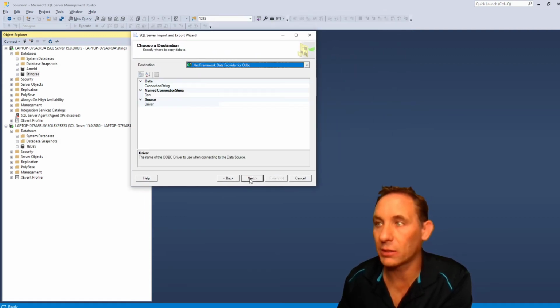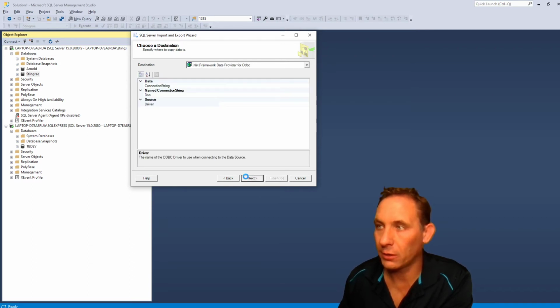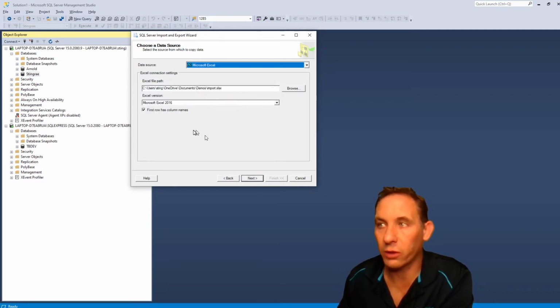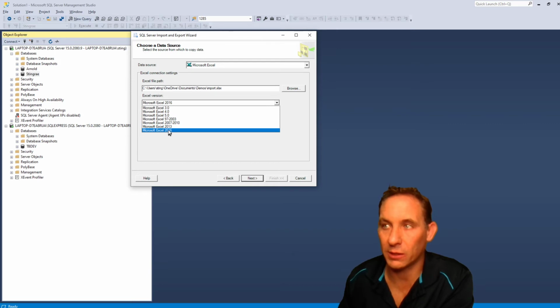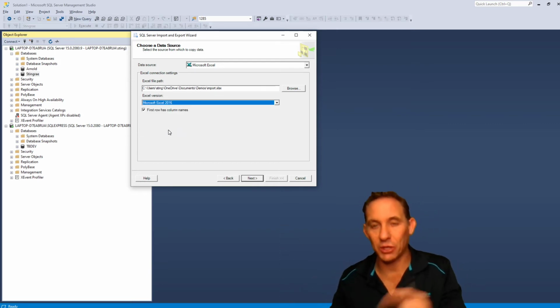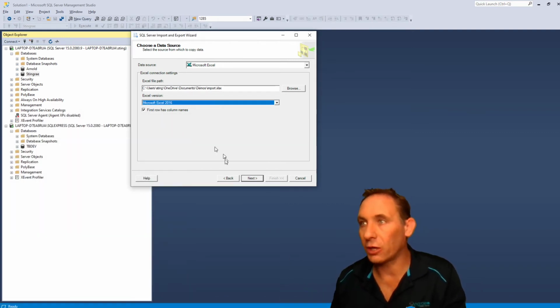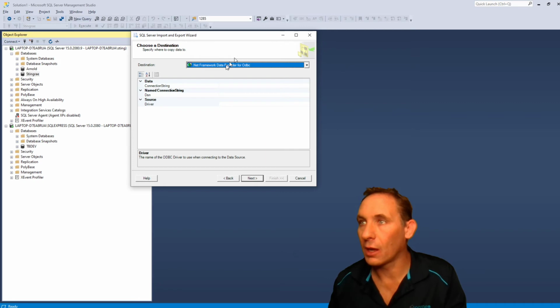Okay, and go next. And you'll notice I didn't have to change the version here. Either of them work, the 2010 or the 2016. So don't get caught up in that. Just make sure you go to the start menu and choose the right version. So next, destination,